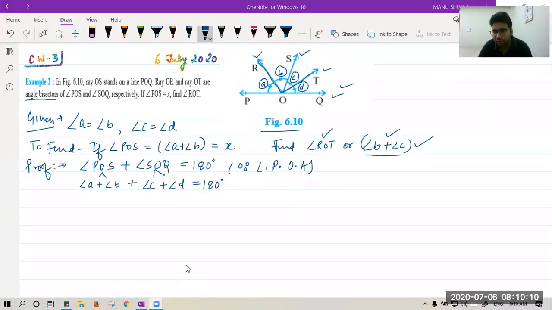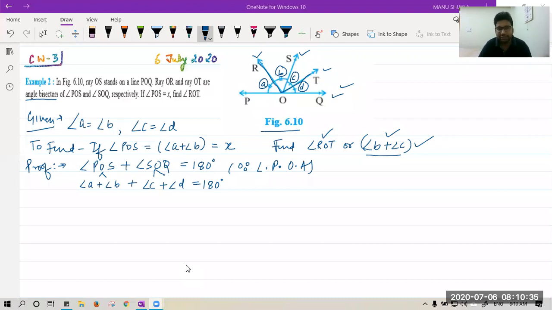So that is angle QOS. Beta, which one? QOS. Okay. Beta, you say QOS or you say SOQ, the thing is same. Utkarsh, there is no issue, beta. I have taken POS and SOQ. It is the same thing. If you say QOS, no issue. OS stands on line POQ. Yes, beta, it stands on the line.